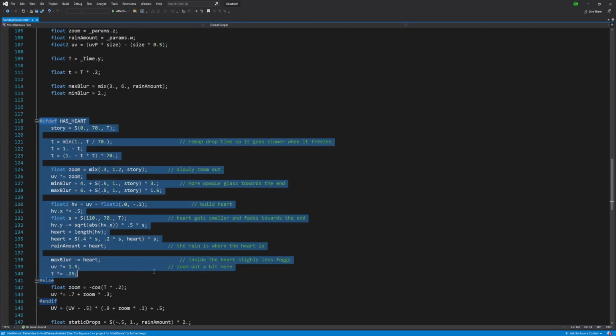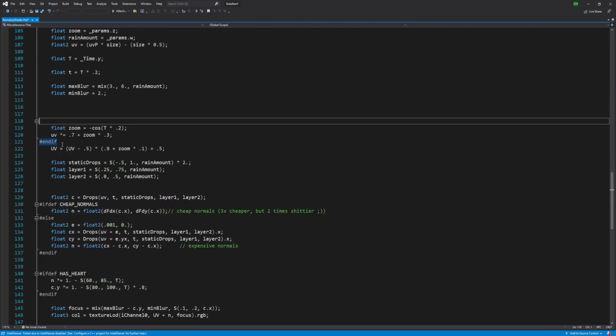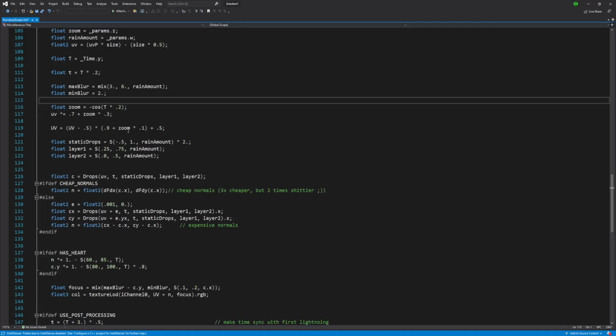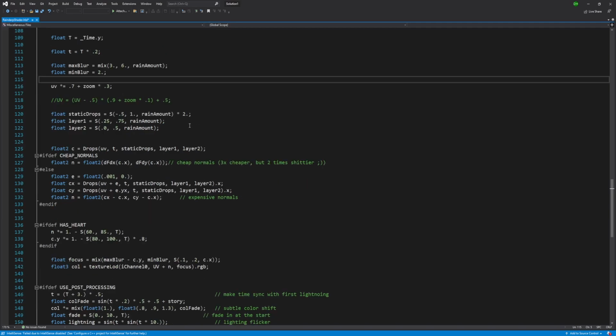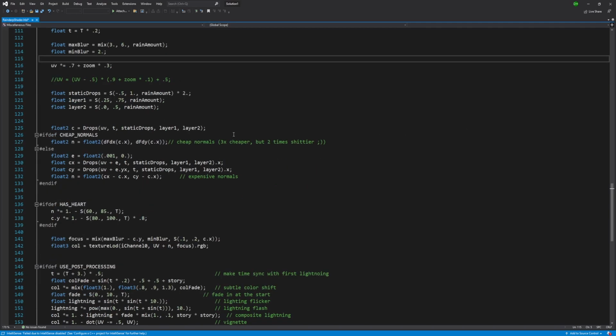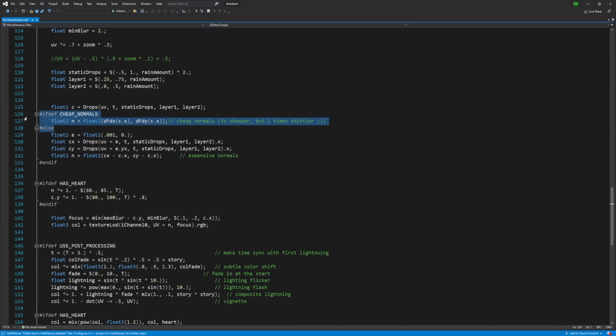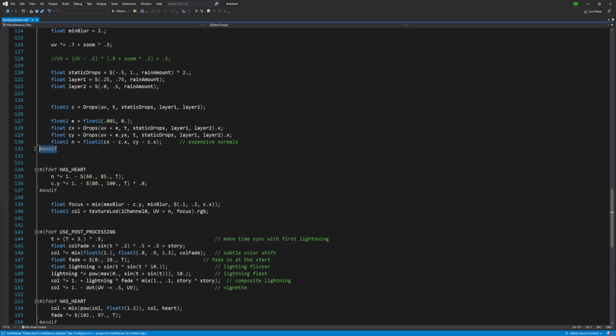And delete everything in the has heart block up to the else statement. Delete the end if and zoom declaration since we defined it above as well. I've commented out this UV line for now because it has some role to play later down the track. Take out cheap normals since we don't care about frame rates in our games, and delete the next has heart